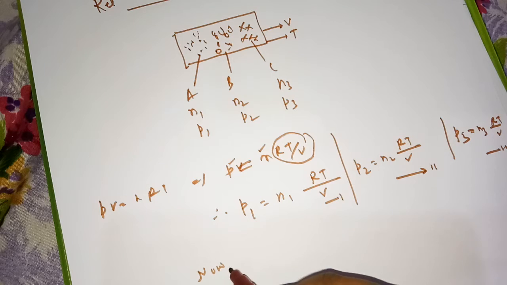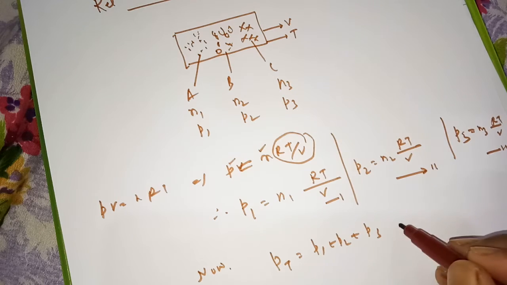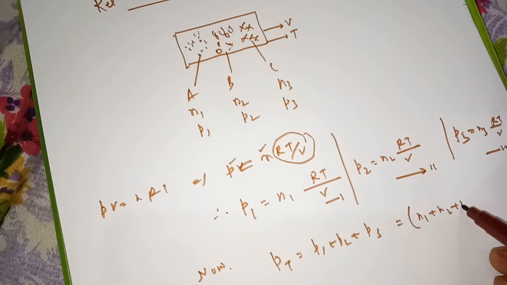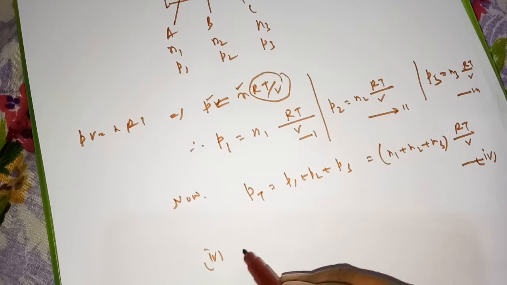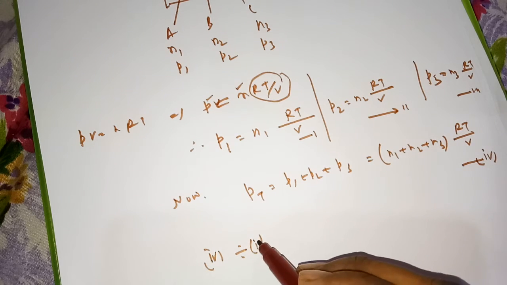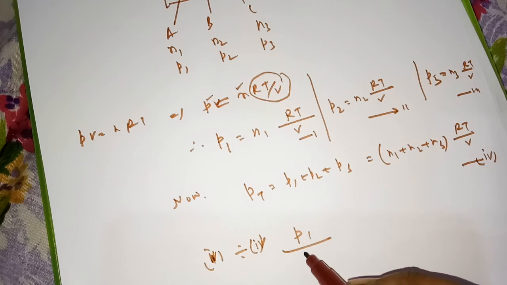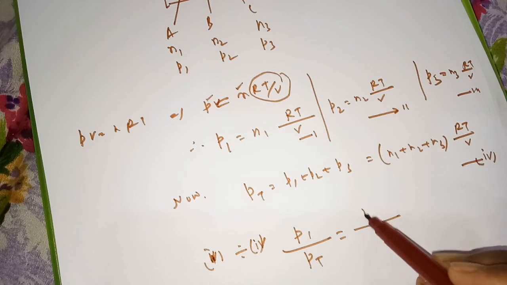Now applying Dalton's law, P total equals P1 plus P2 plus P3, which implies n1 plus n2 plus n3 times RT by V. This is equation 4. Now 1 divided by 4. In 1 we have P1, in 4 we have PT, so P1 by PT, where we have n1 in 1 and